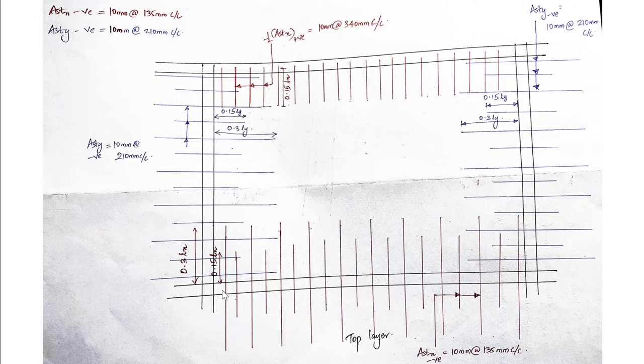And here you can see this edge doesn't require torsional reinforcement, because enough of a mesh is created due to this negative reinforcement. That is why at the edge where there is continuity at both the supports, on both sides, there is no need to provide torsional reinforcement, because there will be a mesh-like arrangement because of these negative reinforcements. So that comes to an end of the detailing part. Hope you are clear with this. Thank you, students. Thank you and have a nice day.